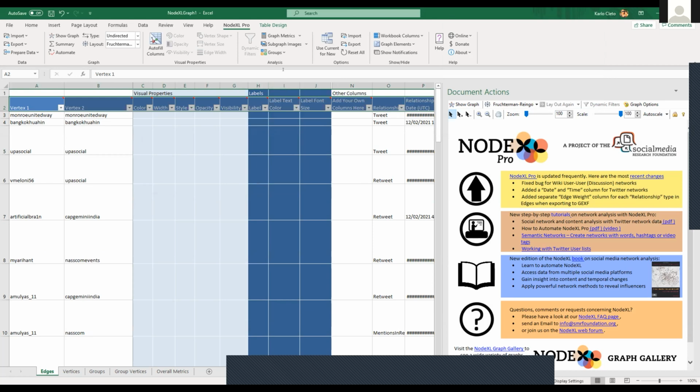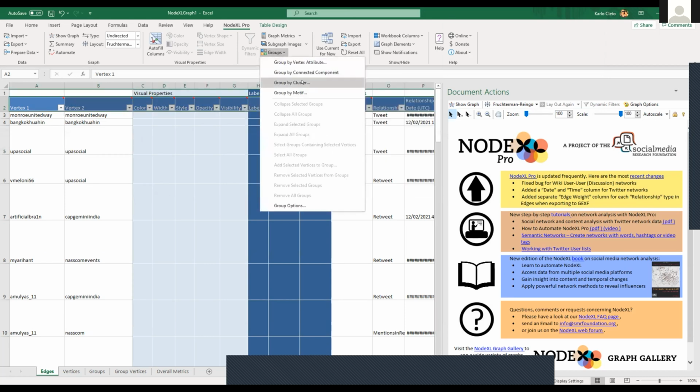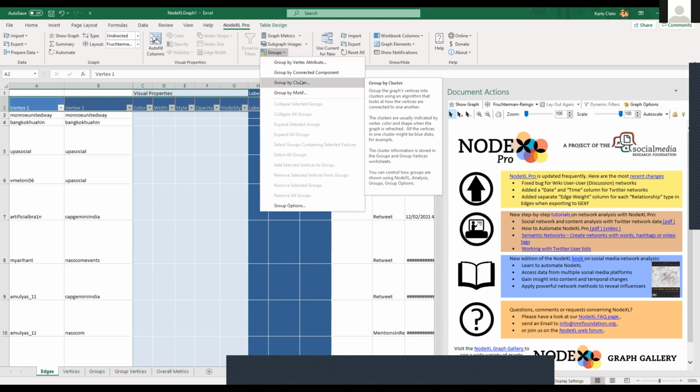And then the next thing that you want to do is going into groups. So itong groups, makikita niyo naman dito later when we do the graph. It will basically put together all the people that tend to interact with one another more often. So usually, you don't interact with everyone on Twitter, diba? You tend to interact with like maybe several other people.